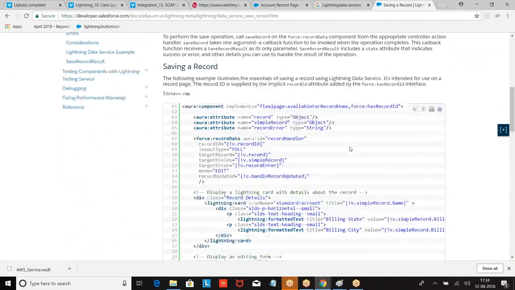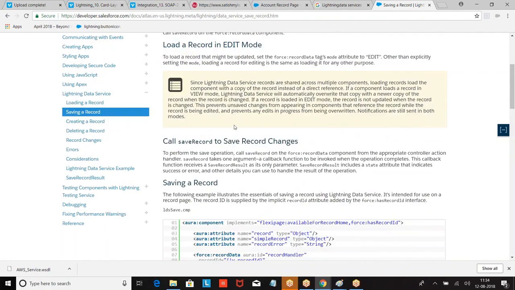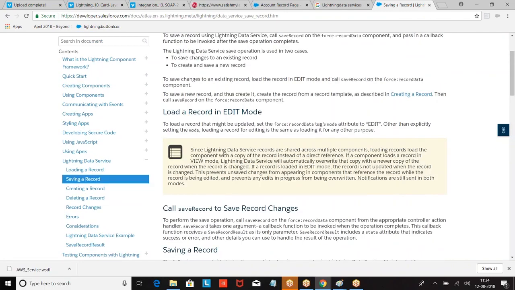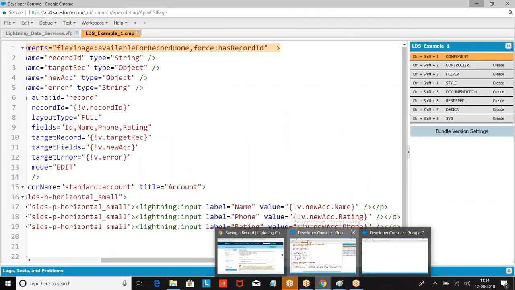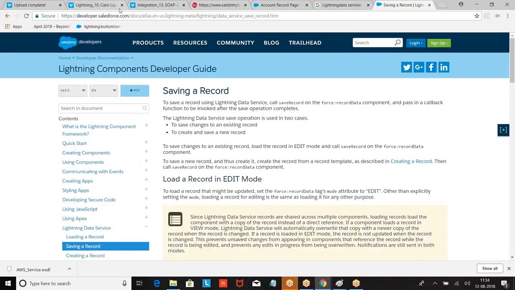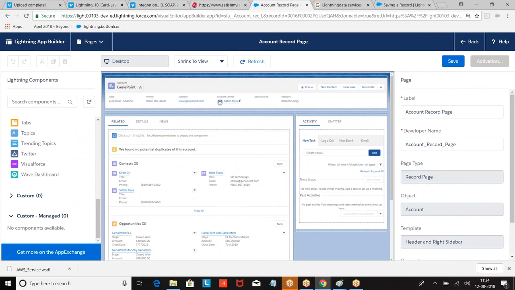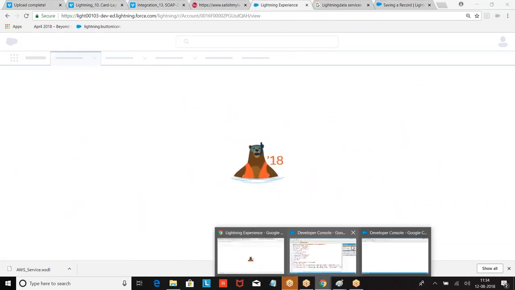Okay, let me do that one more time. No, it's a component, right? I'm worried whether I'm writing the program in the same account or not. First, let me check, because I've opened multiple pages. It's not getting reflected, means probably both the accounts are not the same, I guess.